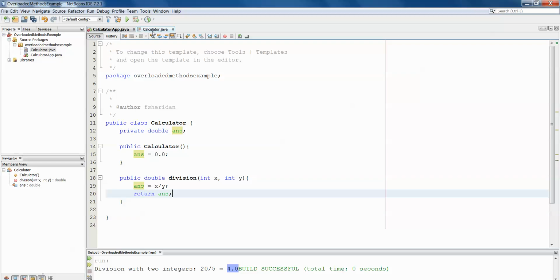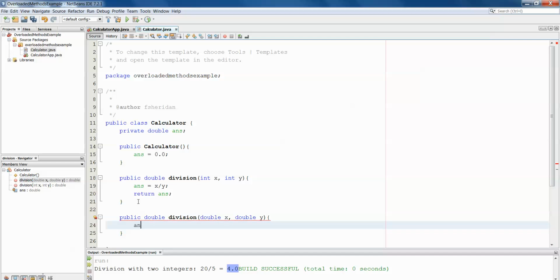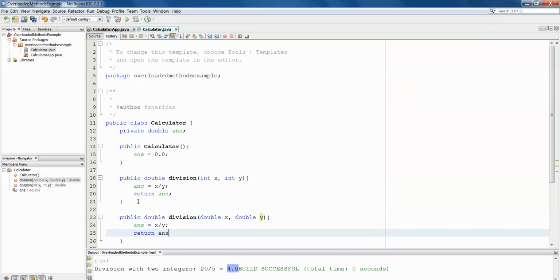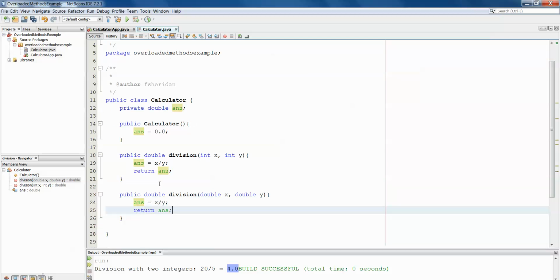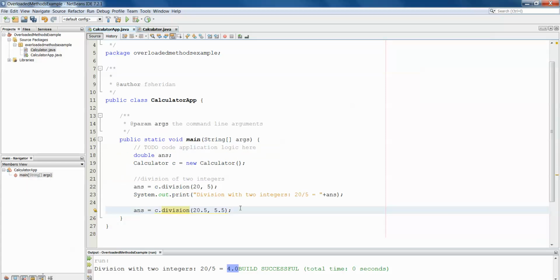So back into our instantiable class we go, and this is where we can create another method, public double again, division, but in here now we have double x, double y. And the principle is the same then: answer equals x divided by y, return answer. Okay. Now if we go back to our app class and we save our changes